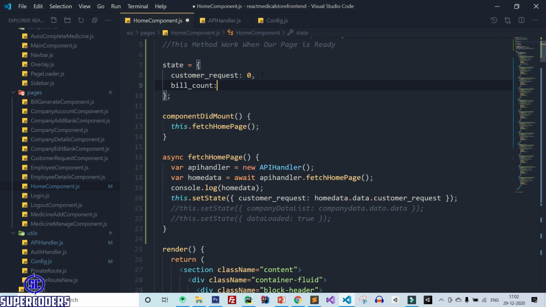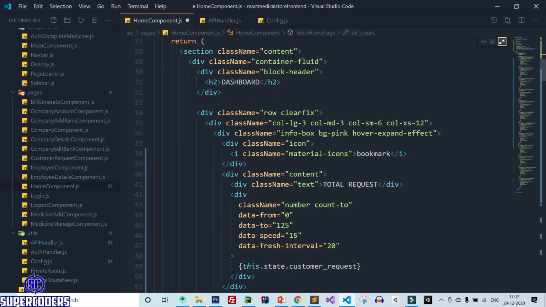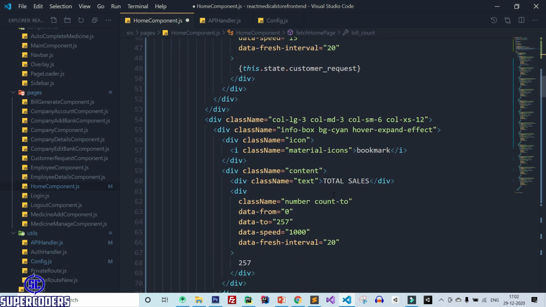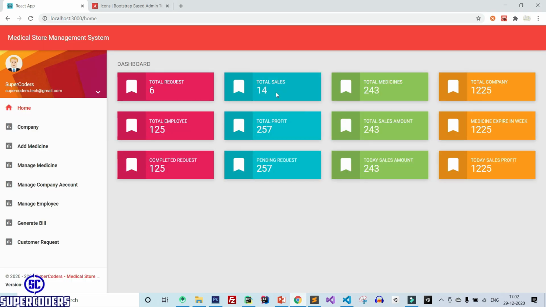Here 0, and the same way bill count, and here this dot state dot bill count. Save it, back to Chrome, and you can see total sales 14. So it is working perfectly.